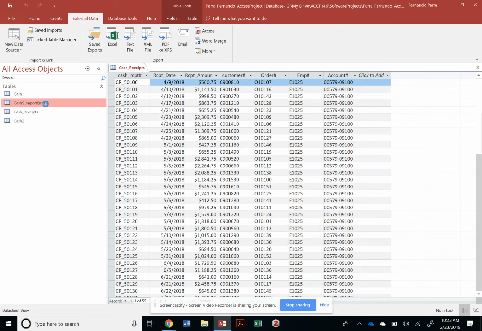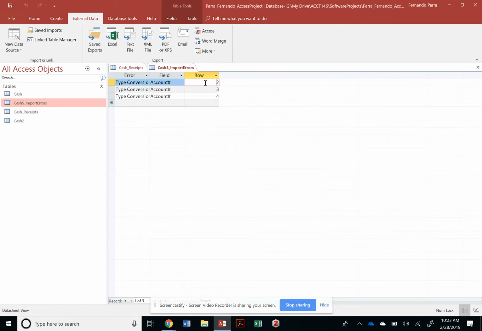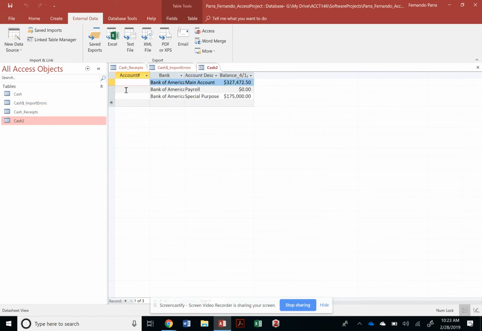And then you see what happens here, the cash import errors for account number 2, 3, and 4. And then the cash table is gonna be empty. And this is a problem because that's the unique identifier, so the whole thing is a mess, right? So you see, when you have something like that, it will throw a different table showing you which records were the ones that were